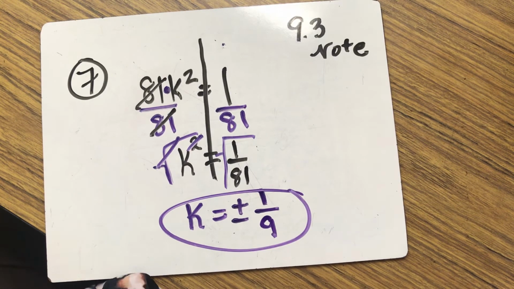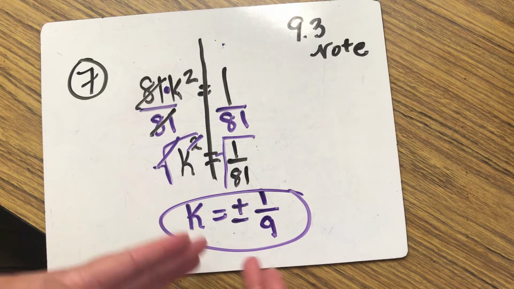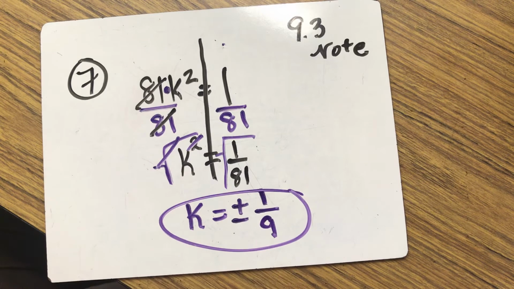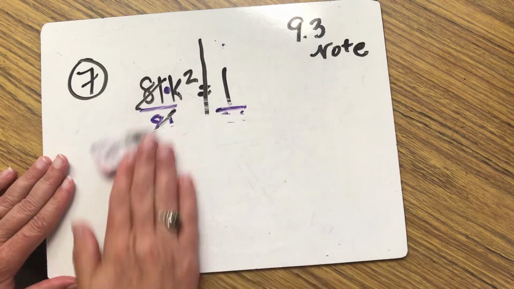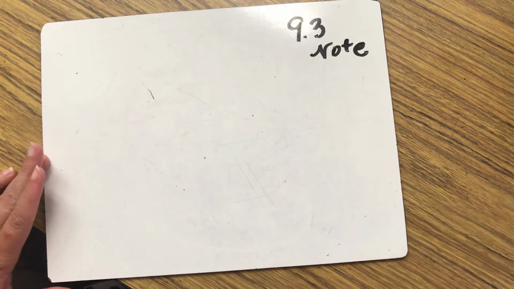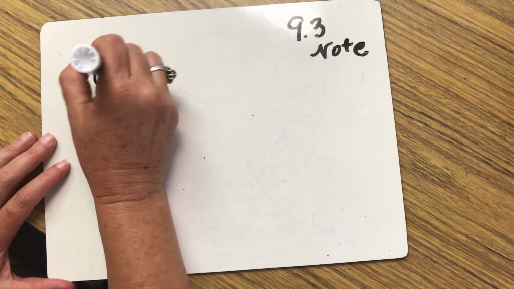This is why we don't graph them. We wouldn't be able to find that on a graph. Our graphs are too small to even find something that's this tiny of a solution. That's why algebraic solving really comes in handy in this case. Okay, let's do number 8. Number 8, we have